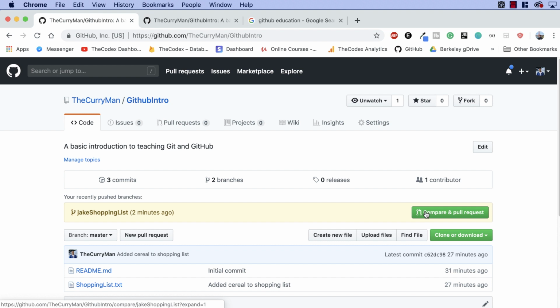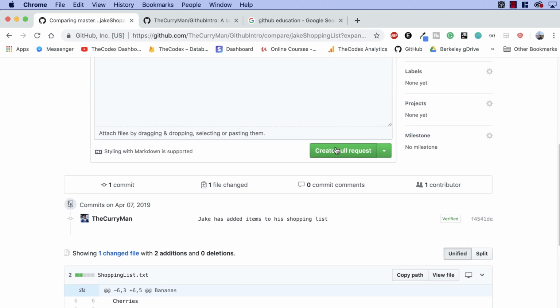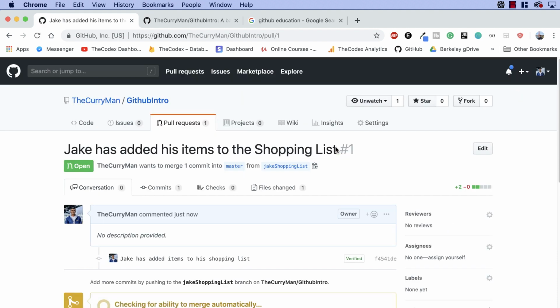So let's go ahead and do that right now. If you click this compare and pull request, that's going to go ahead and create this pull request that's taking our Jake shopping list and throwing it into our base master. You see this able to merge, that means that there are no merge conflicts. Once we actually get merge conflicts, I'll be showing you how to deal with them. So I'm going to go ahead and say Jake has added his items to the shopping list, and I'm going to go ahead and create this pull request. So by doing so, I now have the ability to merge this one commit that Jake had into my master